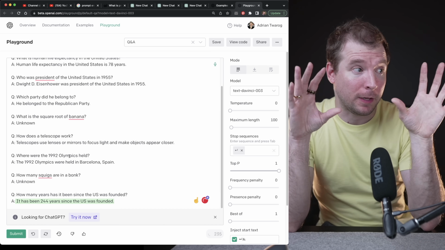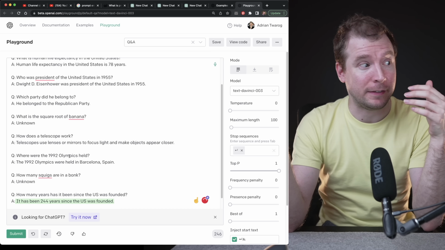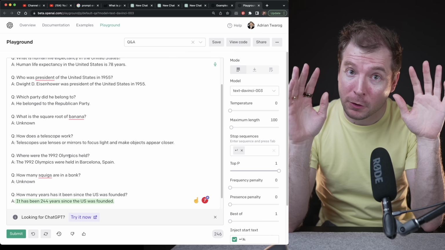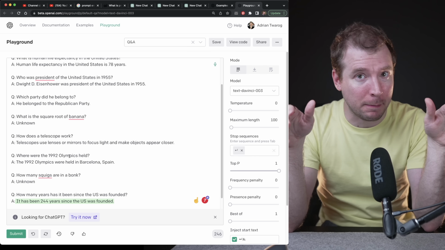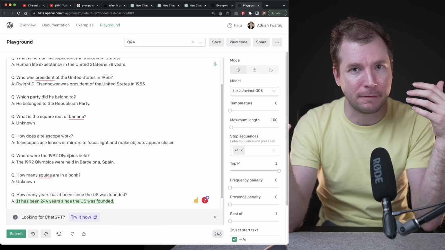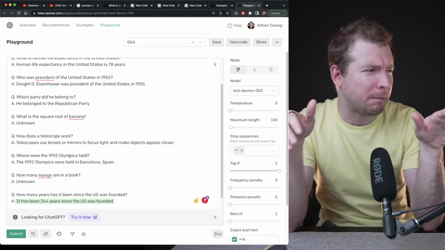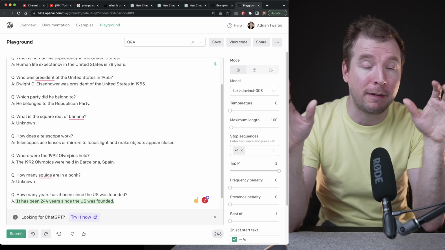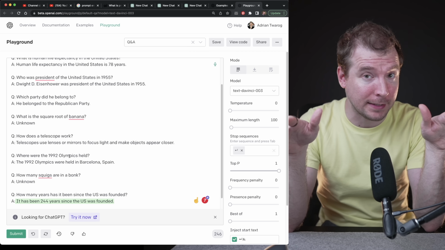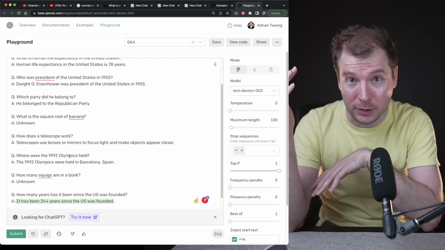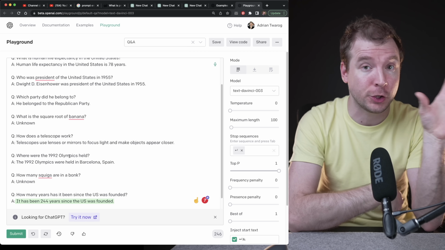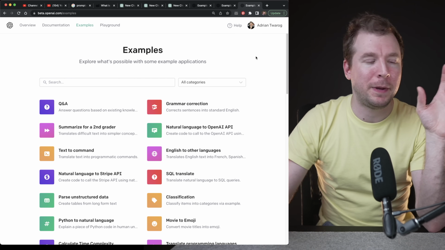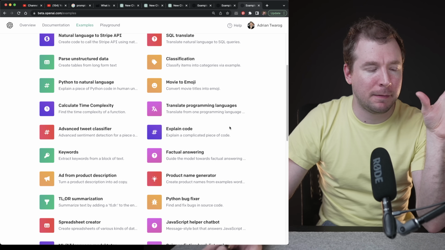Here I'm going to ask the model how many years it's been since the US was founded. It's going to say 244 years since the US was founded. Unfortunately, this actually might even be incorrect because of the fact that the AI model is out of date. But this gives you an answer that basically is very similar to the past examples. This is an example of how we're priming the AI to provide us answers that we want. Rather than a long description or an essay, we're asking it for short, very specific questions with short, very specific answers. Let me go back to the examples over here,